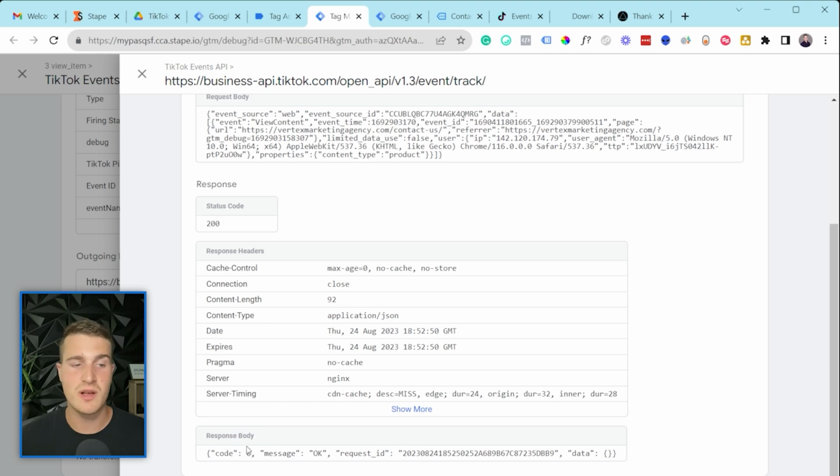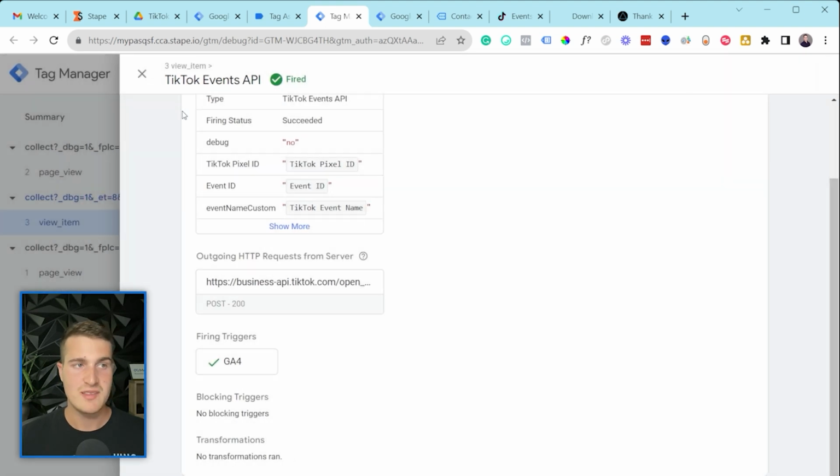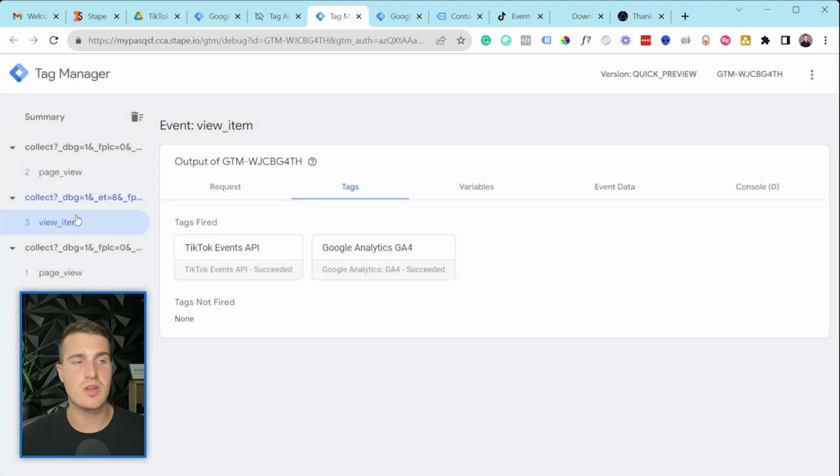And then here we have the response body. It says that, okay, that means that they've claimed the request and it was passed through successfully to TikTok. So that's pretty much it. Obviously now what I could do is go and submit the form on my website to make sure the lead event is working properly. But I know it is since I've set this up so many times, but definitely for you, I recommend that you test all your events and make sure that